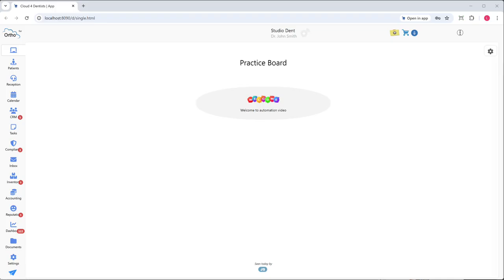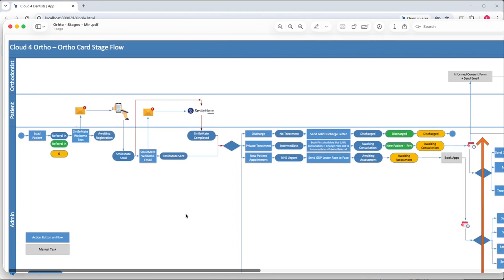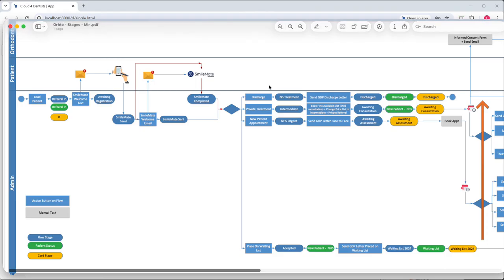I'll show you, for instance, this is one of our customers' flows. So basically what we can do here is automate all this stuff. So the patient is loaded on the system, and automatically we can send them an email to fill some forms. Once the form has been signed, we go back here, we send another email to activate an external software, and once it's completed, this is an orthodontist, we can